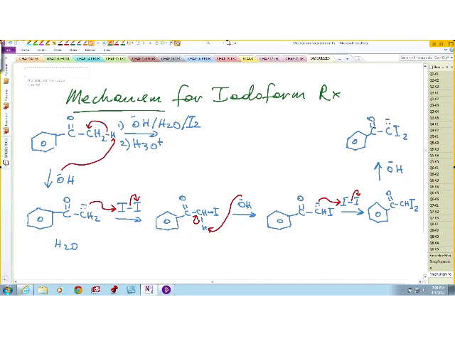Okay, so now you have that, and then another iodine is attacked. And each time here we form iodide. Here we also form iodide. Okay, so now we have